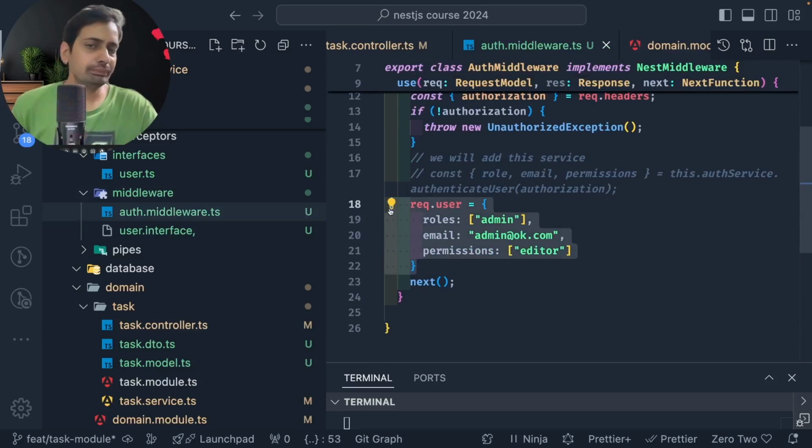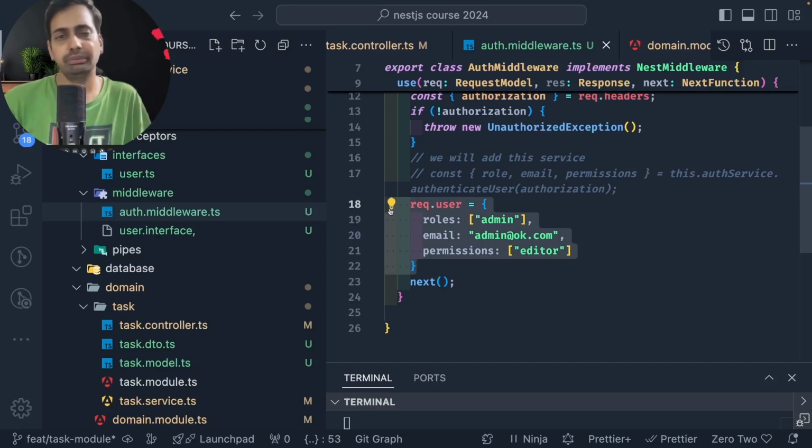ये एक simple example है कि request.user पे हमने mock कर दिया because at guard level I need to check either some permission, some role or some attribute. That attribute I'm setting through the middleware, and middleware comes first and then there is a guard. So before you reach the guard, I already know user role, user permissions, user email, all those things, and I can apply these validations. So that's it about middleware and guard. I think these are important concepts जो building blocks होते हैं कि guard, middleware, validation pipes, interceptors, filters and all.